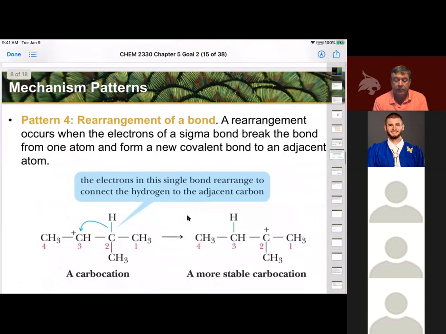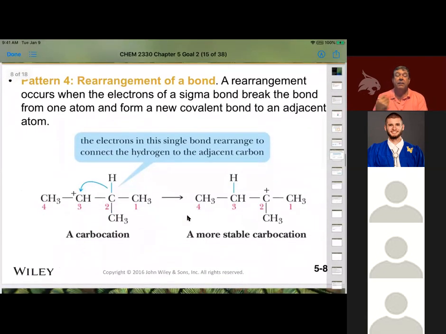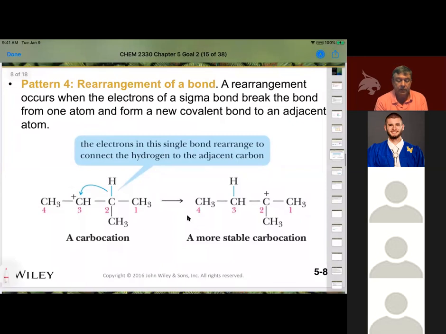Okay. However, if you have, let's say the thing you pulled off to make your carbocation was in a secondary position, you can move that hydrogen one carbon over, or a methyl group one carbon over, to form that tertiary carbocation set. So notice that on this one here, this has two hydrogens on it and only one hydrogen on it